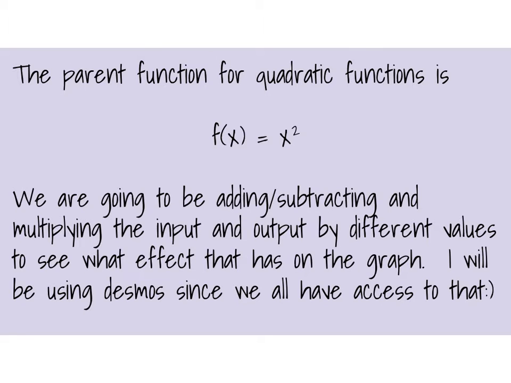Okay, so the first thing we're going to do is go over again the parent function for quadratic, which is f of x equals x squared. The coefficient is 1, there is no middle term or last term, and it's just the very basic parabola that goes through the origin and opens upward. We're going to be adding, subtracting, multiplying input and output by different values to see what happens to